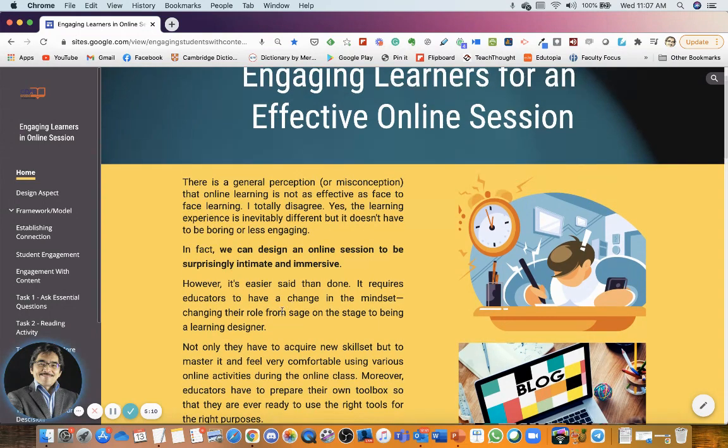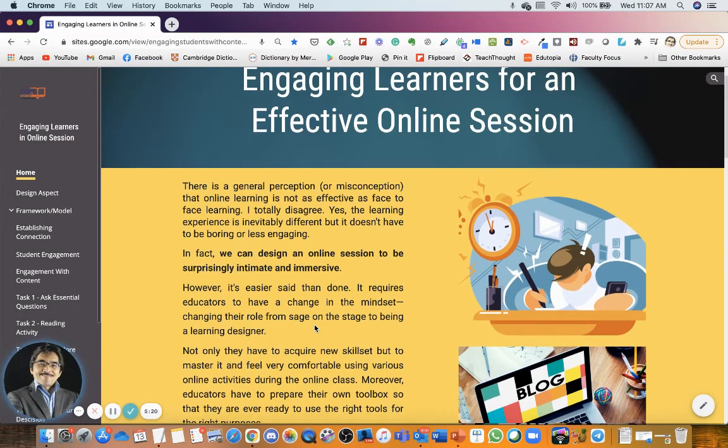So if you do an online course, and when you have the online session with the students, all you do is show your PowerPoint on the screen and start talking, just like what people normally do in the classroom, then there is no difference. And of course, you won't be able to engage the students if we do a very straightforward instruction or lecture